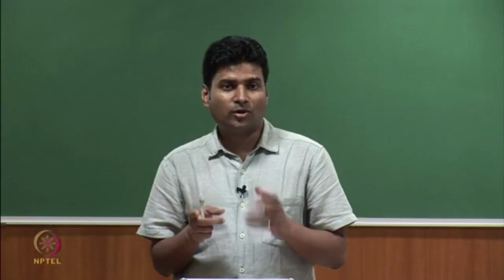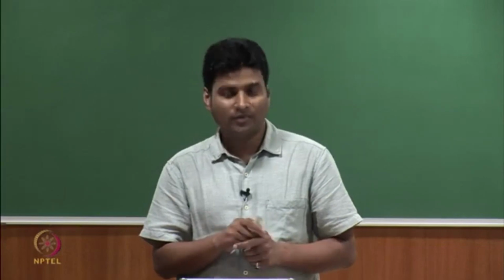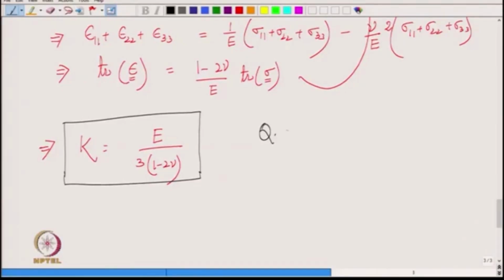So, usually Poisson's ratio is positive, but see here what happens when the Poisson's ratio becomes close to 1/2. So, question, what happens when nu tends to 1/2? See what happens to the denominator, it is getting close to 0, 1 minus 2 nu. So, when you put nu equal to 1 half, 1 minus 2 into 1 half, it is 0. So, when nu is 0.499, it is really close to 0, right. When nu becomes 0.4999999, it gets even closer to 0, and the bulk modulus becomes